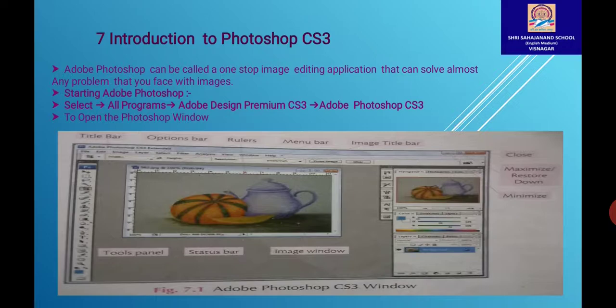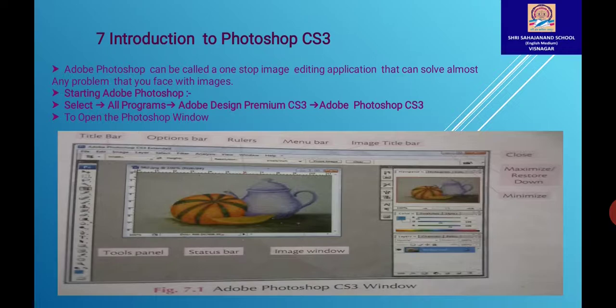Professionals usually use Adobe Photoshop to edit a complex image and photos. Adobe Photoshop can be called a one-stop image editing application that can solve almost any problem that you face with images.